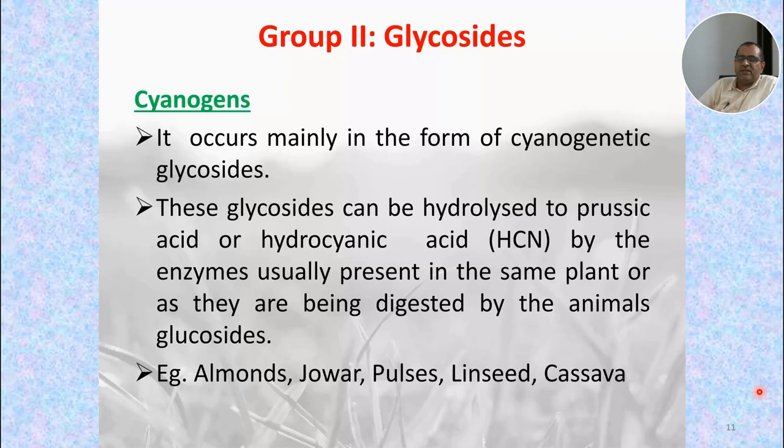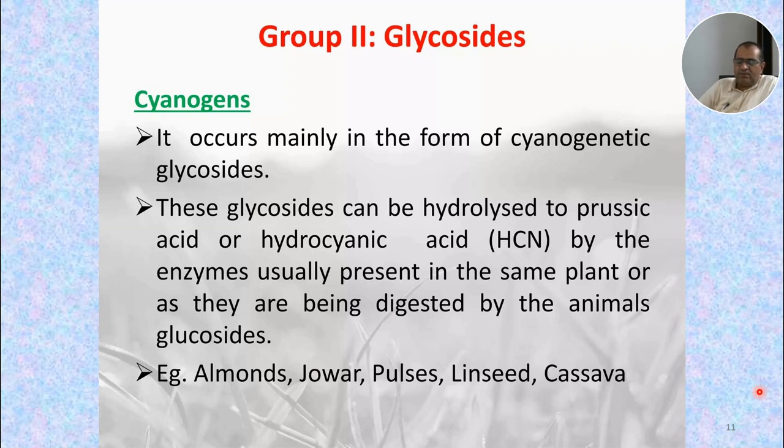The binding with the cytochrome oxidase enzyme will always inhibit the release of oxygen from the erythrocytes or the hemoglobin to the cells. Even though the erythrocytes are very rich in oxygen, they cannot donate the oxygen because the enzyme will be in a different state because of the glycosides.